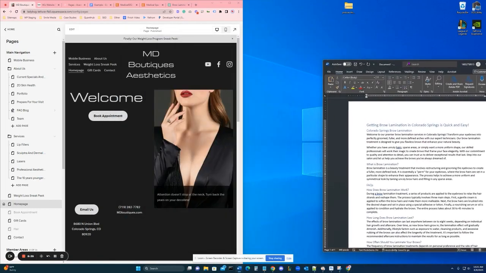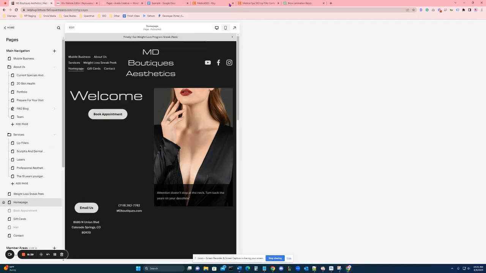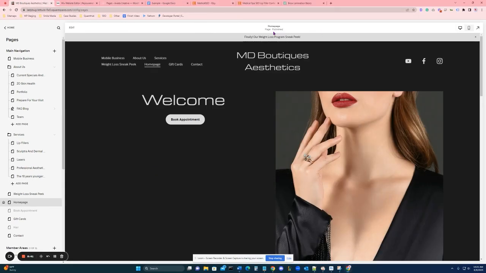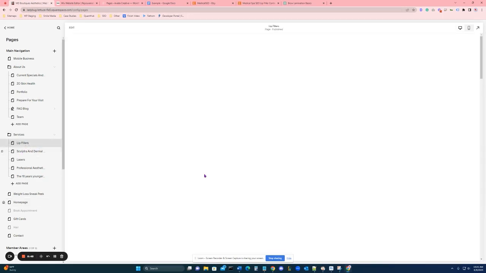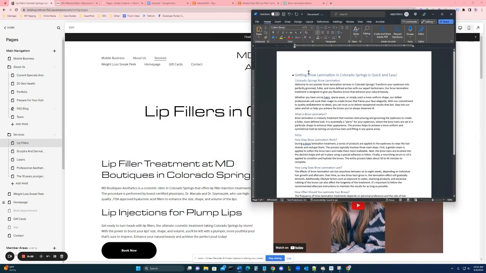All right, I'm just going to move this over to another monitor for now, but the content is just right on the side, and I'll be copying and pasting from it, but not actually saving the content because we don't want to mess up the lip fillers page. Let's say I were creating a page or editing this page and I wanted to make a brow lamination page in Squarespace. Well, I would take this heading 1, hit Control C,